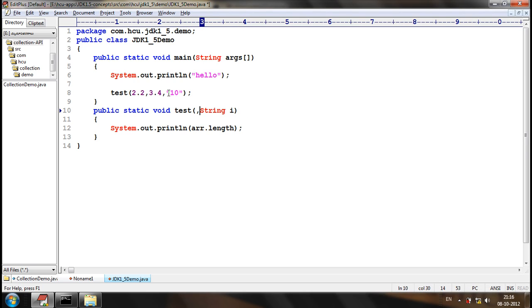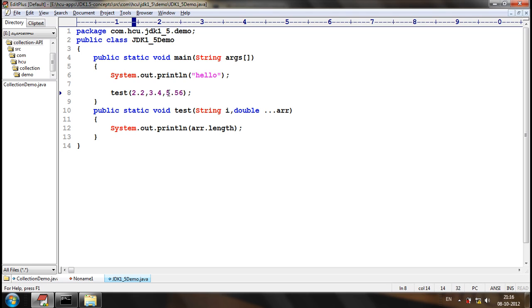Now let me move this and keep it here. Now will it compile? Will it compile successfully? No, just because first we should pass the fixed argument.